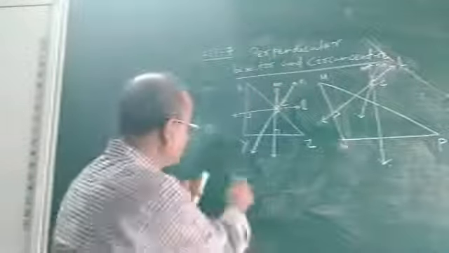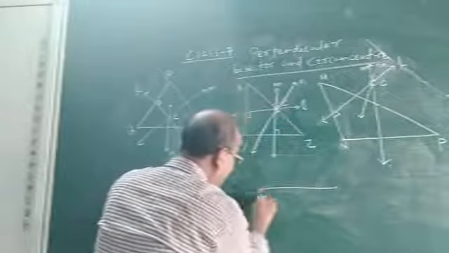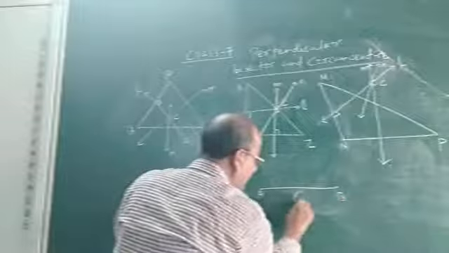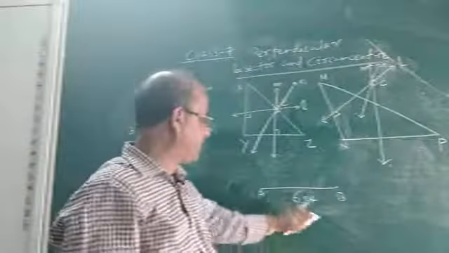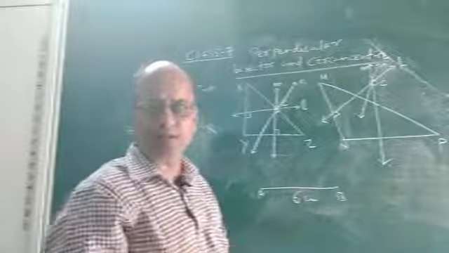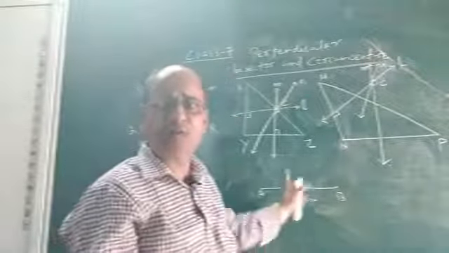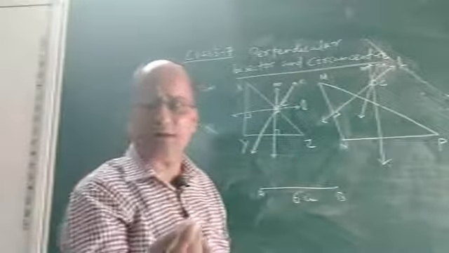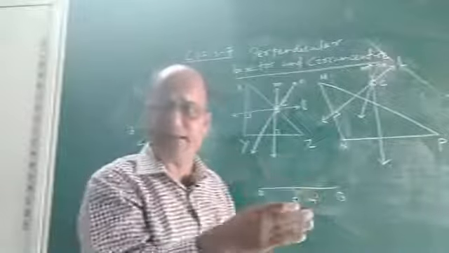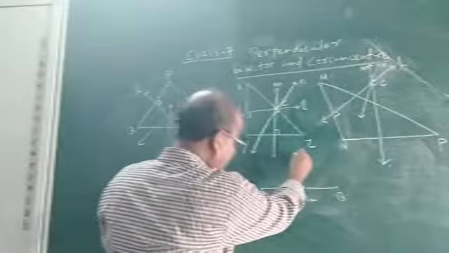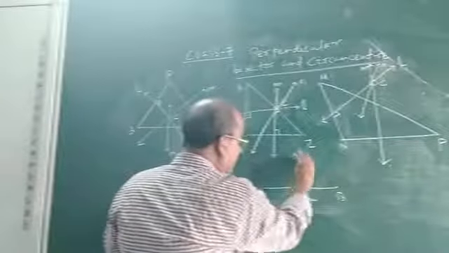Suppose you are given a line segment AB whose length is, say, 6 cm. Now, if you are asked to draw its perpendicular bisector, what is a perpendicular bisector? It is nothing but a line. See, I am drawing the figure, look. Suppose the name of this line is L.